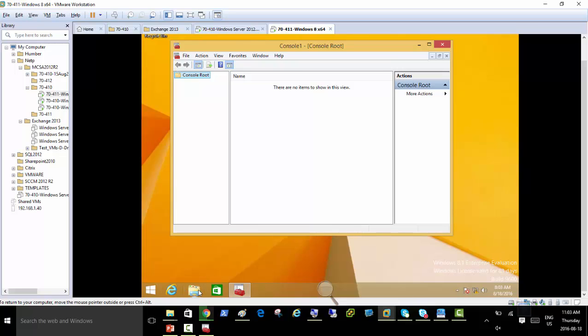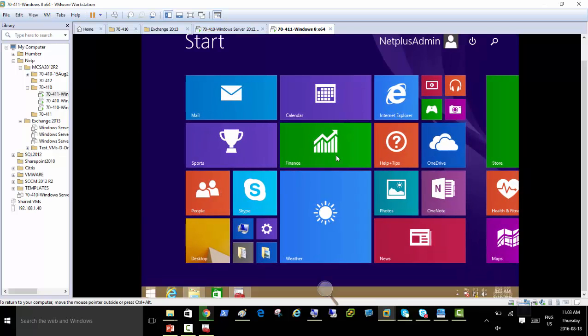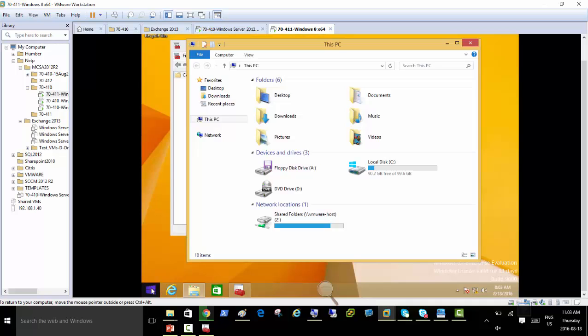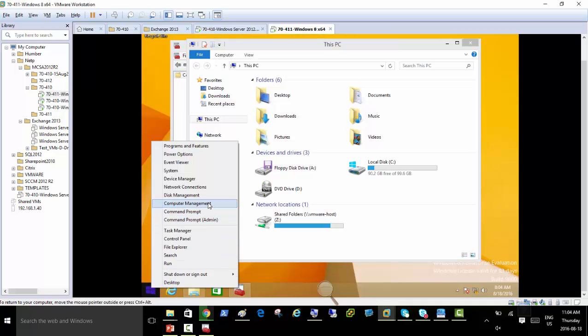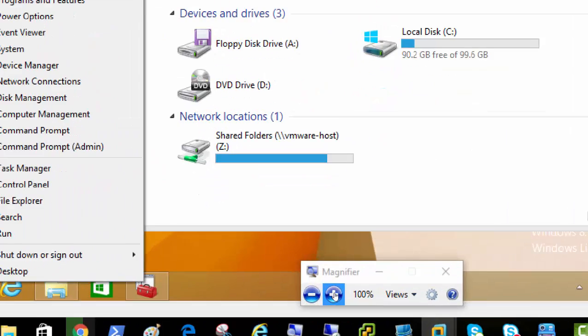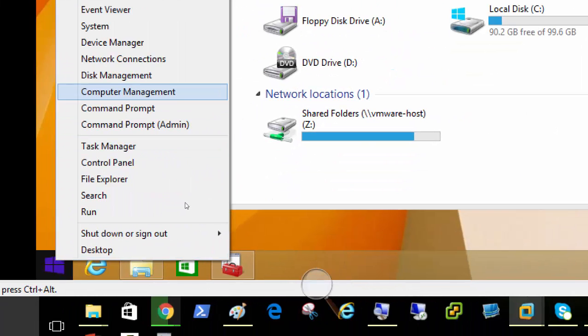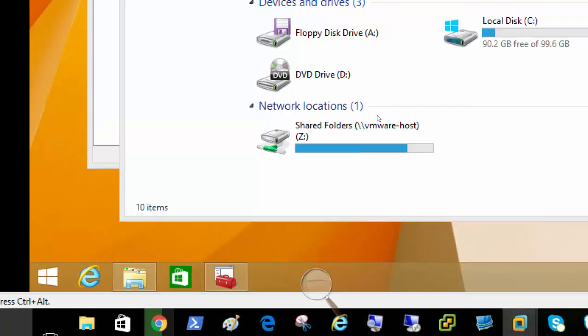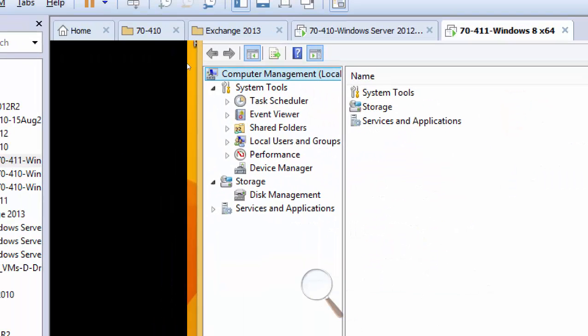So how do I reach computer management from Windows 8? We can go to the control panel in Windows 8, or we can just right click. Do we see computer management right away here? Everyone sees when you right click, you see computer management, right? Let me put it on magnify. So when you right click, you see computer management, go there. When you open it, there are lots of tools, but this is still